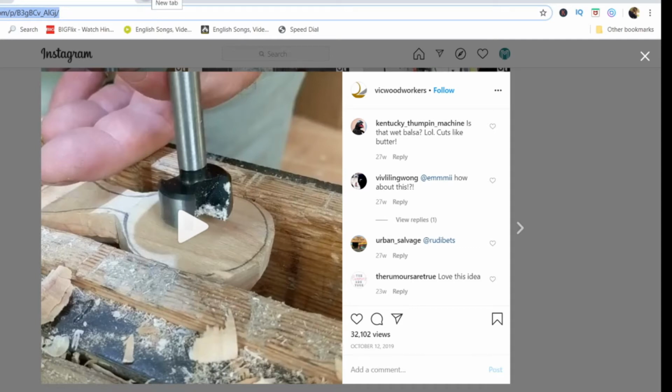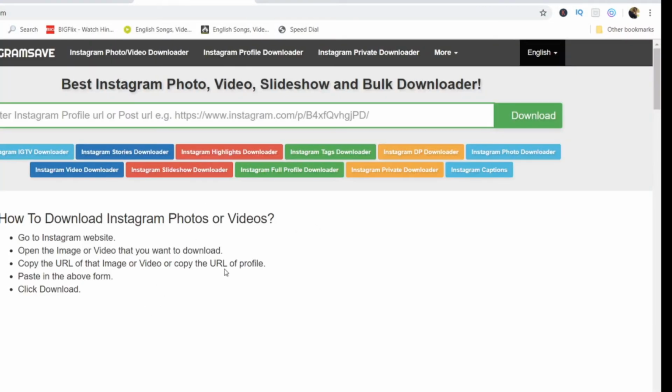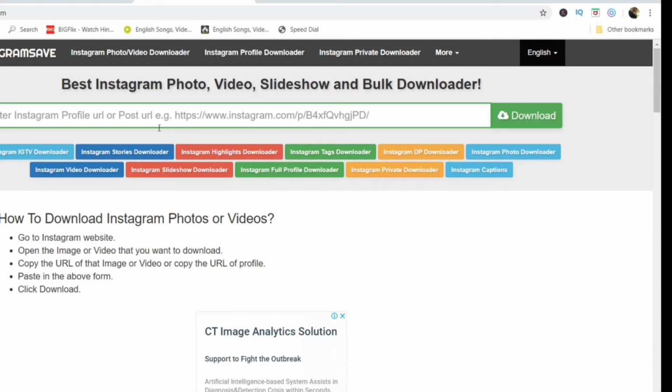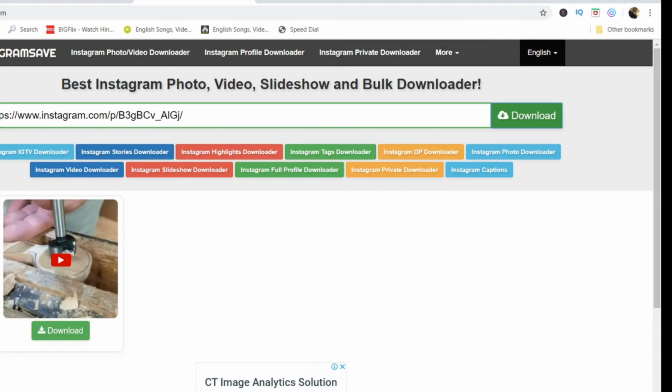Now go to this website which is known as Gramsave. Gramsave.com. And just download this video and click on the download button. Now you can download this video utilizing this method. So this is how you download a video. After downloading this video, all you need to do is go to